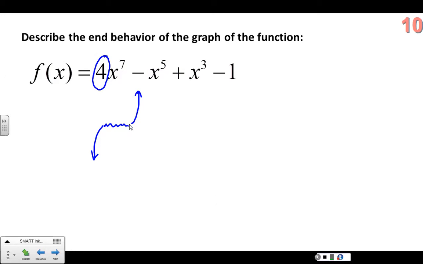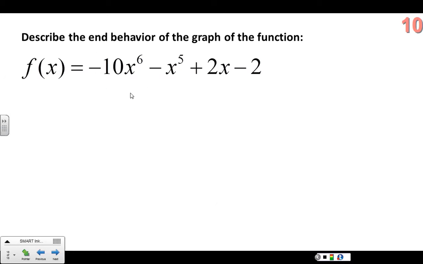Let's do one more. If I were going to graph this function, negative 10x to the 6th minus x to the 5th plus 2x minus 2. The dominating term is the first one here. Since it's an even power, it's going to have the x squared end behavior, either up on both sides or down on both sides. Since the coefficient is negative, this one would